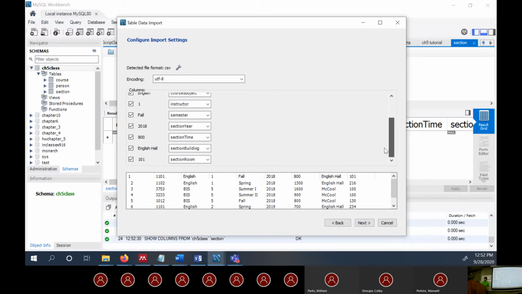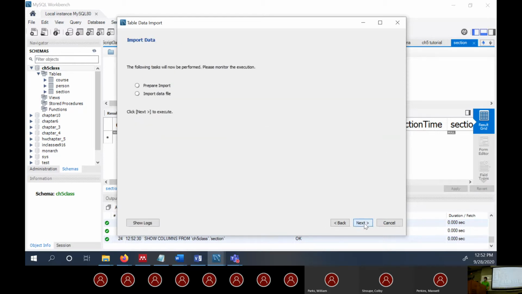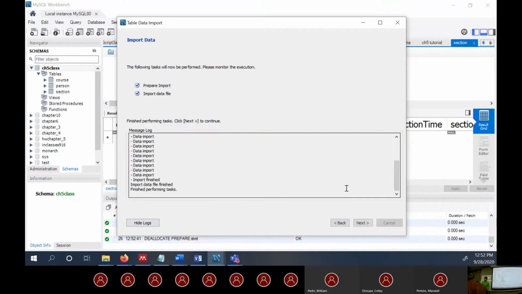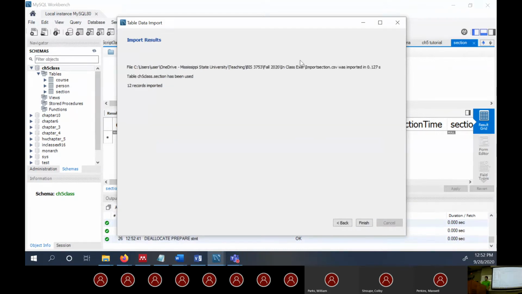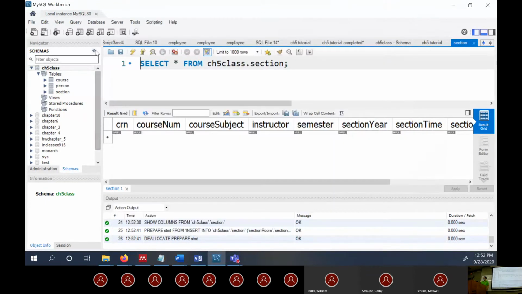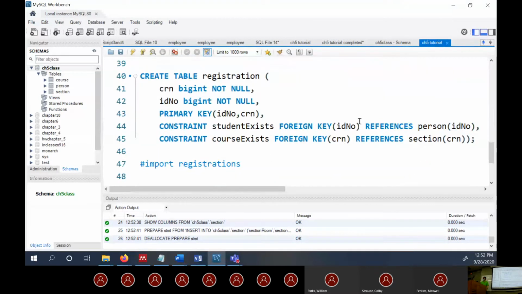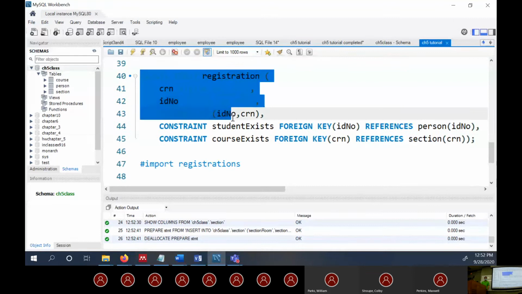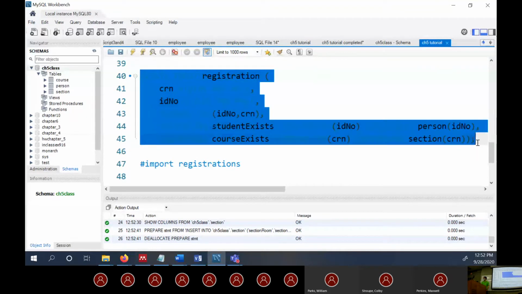As you can tell here, this is the information about each course section. So again, we can leave it all as default. Go ahead and import. And we have 12 records imported. That's the amount of records we had, so we're in a good spot. I'm just going to finish this up. And now there's one more table we have to create and import data into. It's the registration table. Again, this is just the associative entity, so this is an important table to establish that